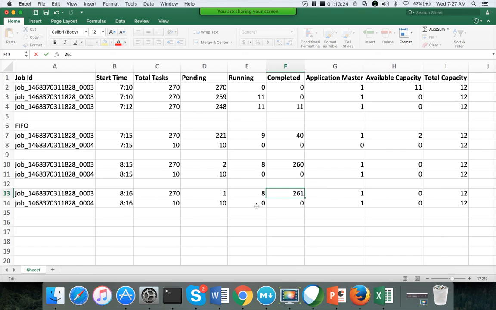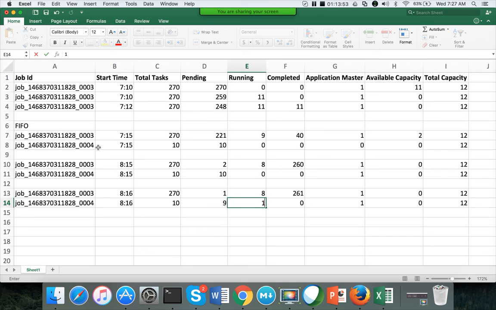So there will be 1 task available for this one, so that can make this one 9 and this one 1. Okay, and now this job actually started processing the data at 8:16, even though the job is submitted at 7:15.